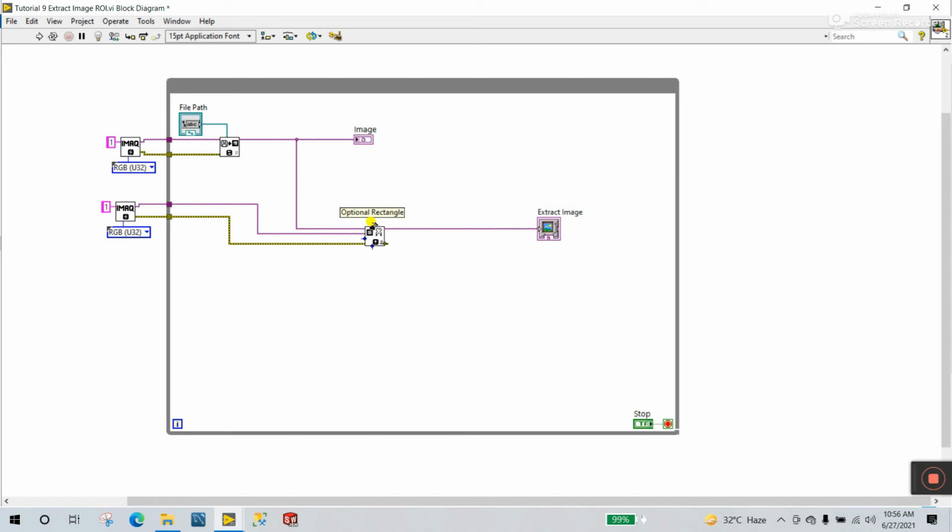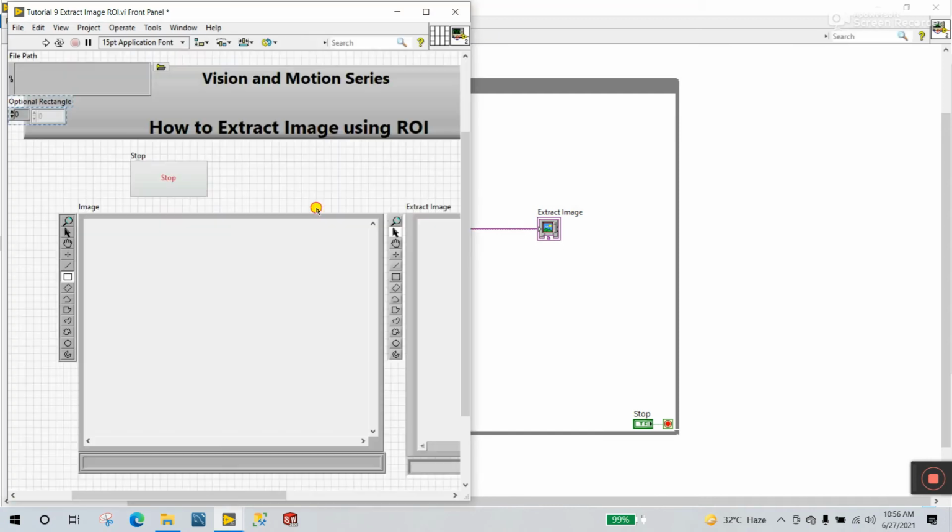The most important thing is ROI, the optional rectangle. They have two options. First is manual: same, right click and create a control, and with the help of this you can easily enter values. This is the manual option, but right now we are using auto.